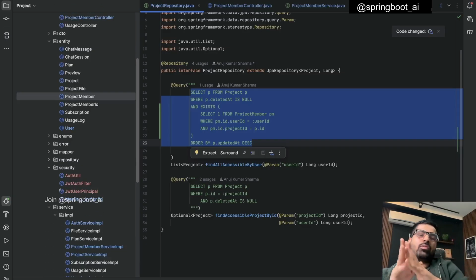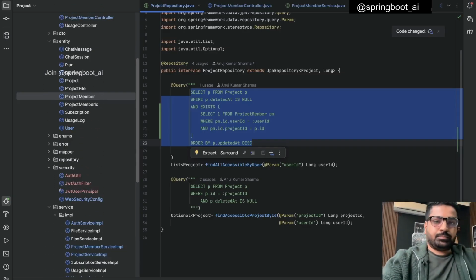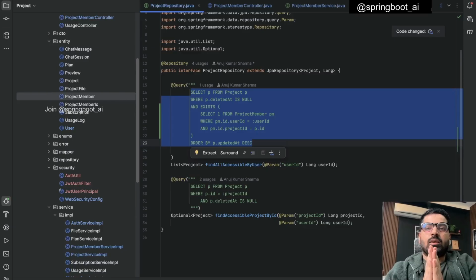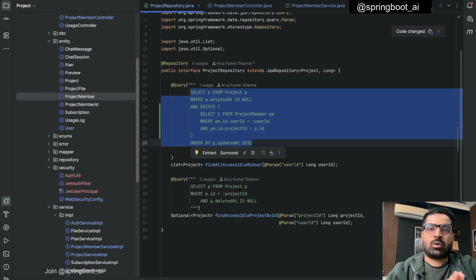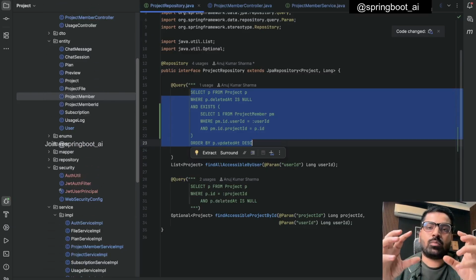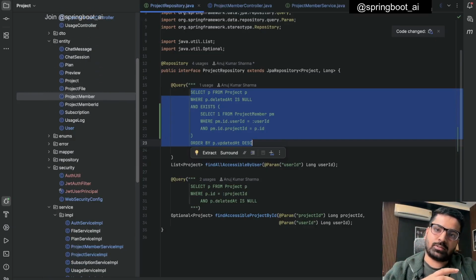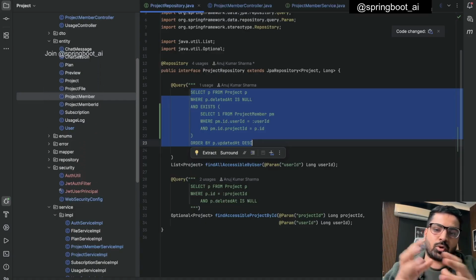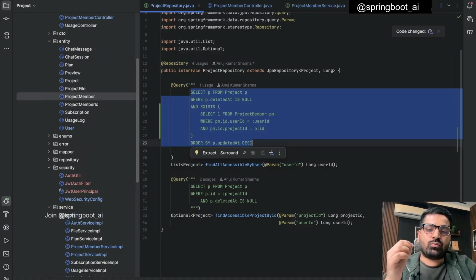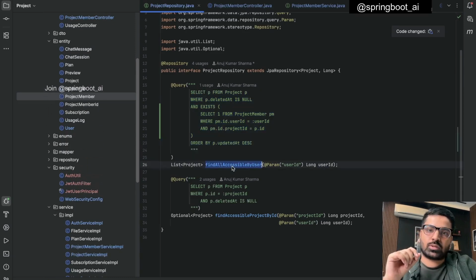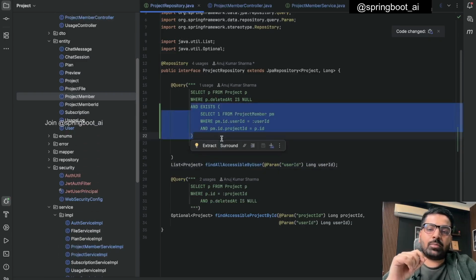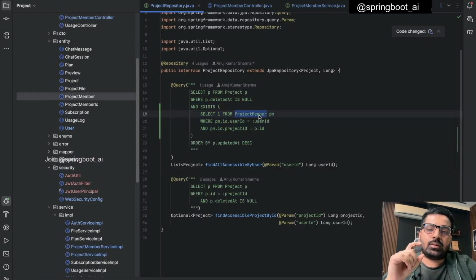See, now we have a concept of project member. Let me repeat this once again. We have removed the ownership column from the projects. Now a user can be a member of projects, right? A user can be the owner of the project, can be the editor of the project, can be the viewer of the project. And we wanted to fetch all the projects that are accessible by the user. So for that, we want to go to the project member table, and we want to fetch this particular